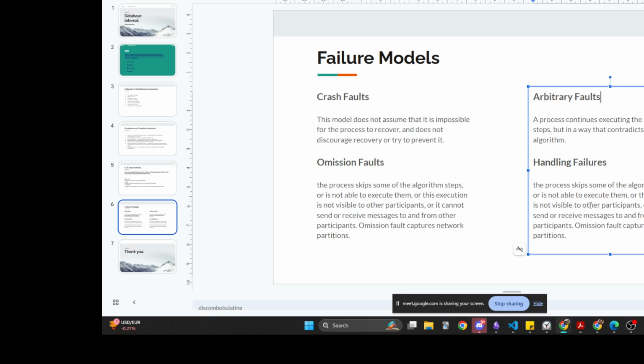So handling failure is that... Oh wait, I forgot to write this part. I think I wrote it somewhere else. Okay, so